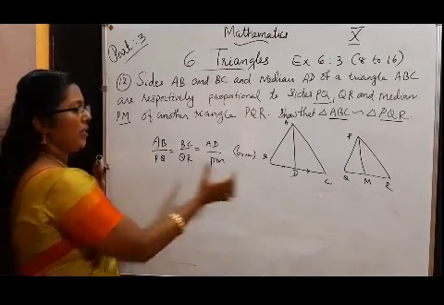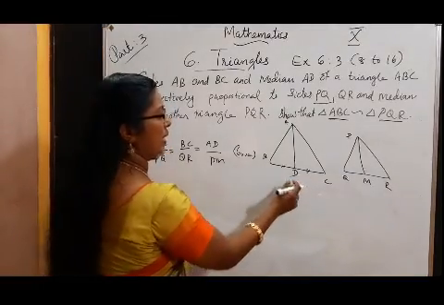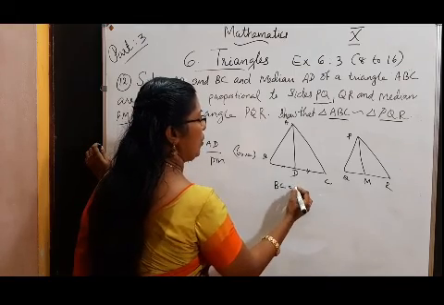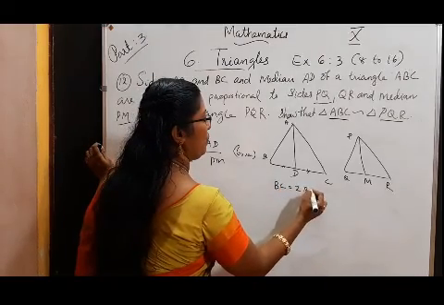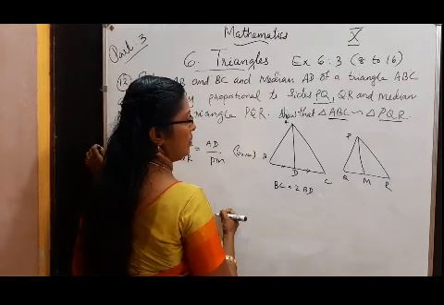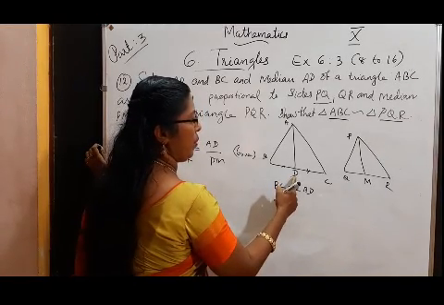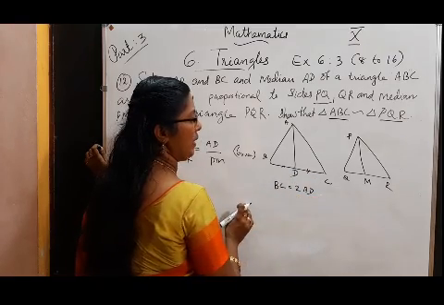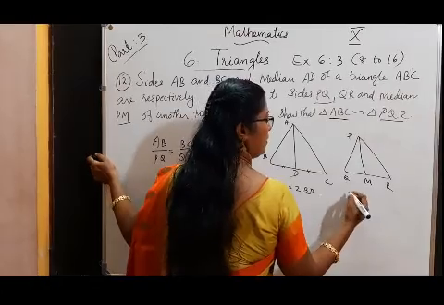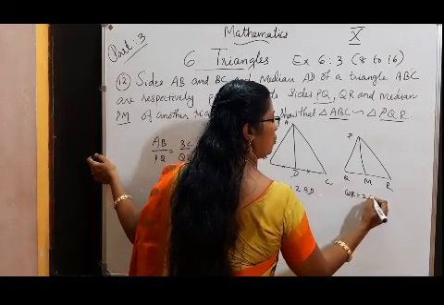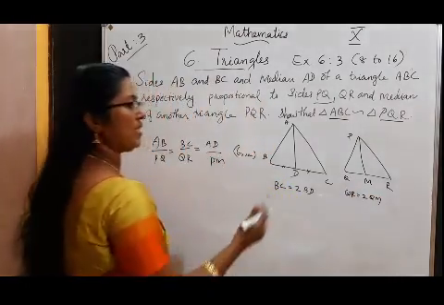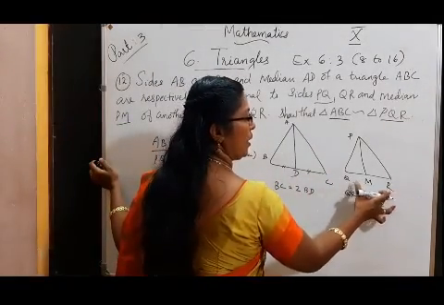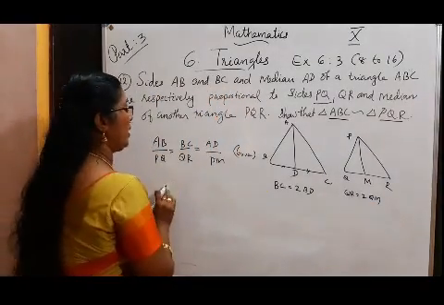Here, instead of BC, D is the midpoint, so BC equals 2BD. Half of BC equals BD. Then what about here? M is the midpoint of QR, so QM and MR are equal, and QR equals 2QM. So we can write here